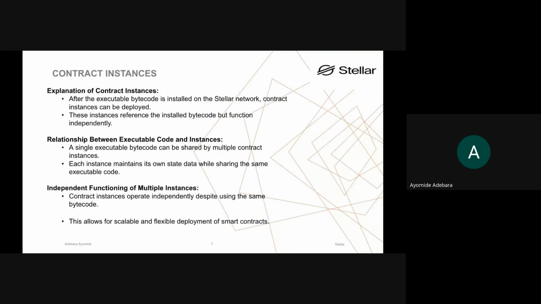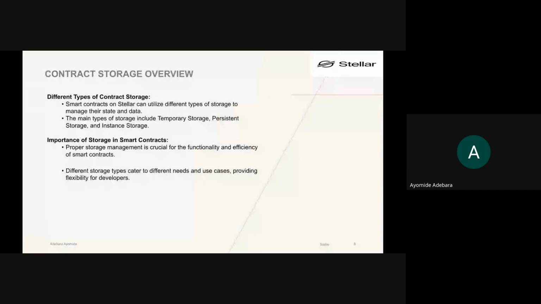You could have so many hospitals all around, and you just create that one contract and deploy it, then create instances for different hospitals. Each hospital is able to operate based on the same functionality, but the instances have different storage, with one not affecting the other. So that's just a vivid explanation of what we are talking about.